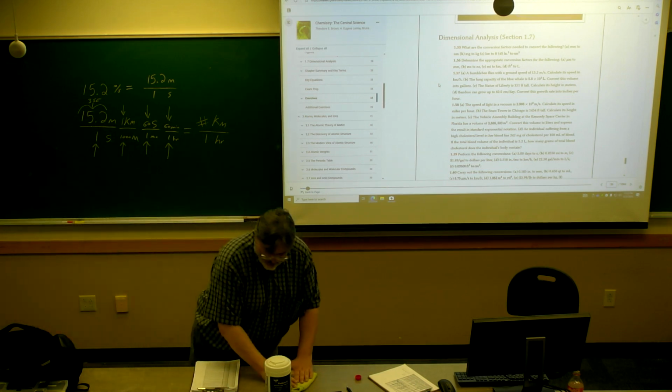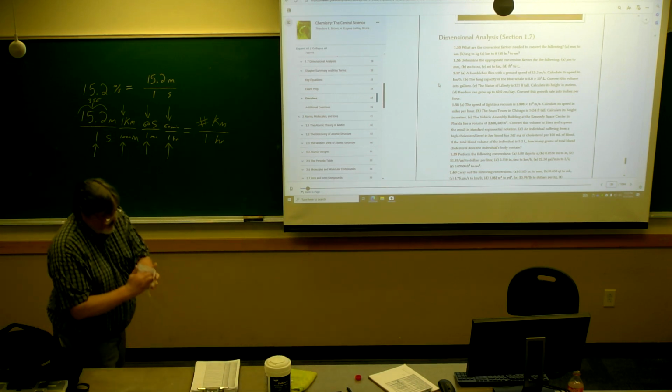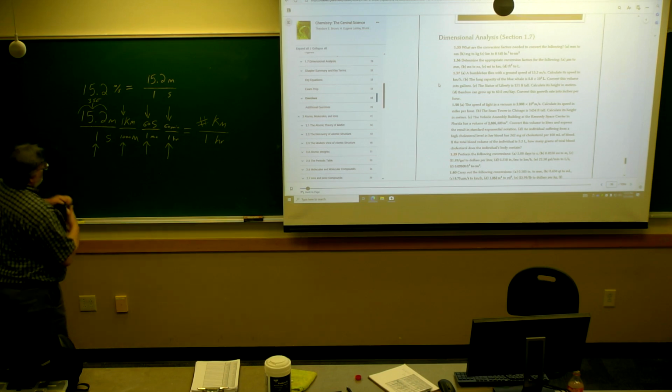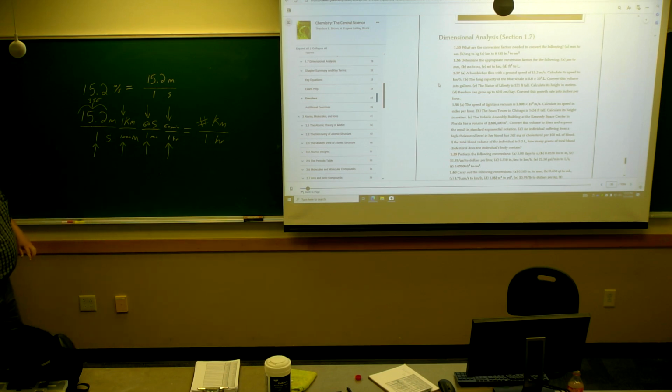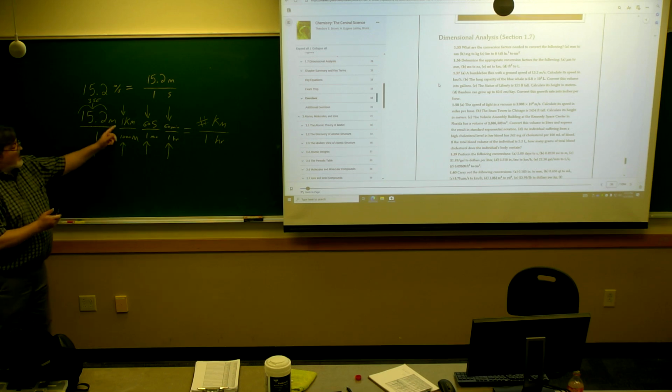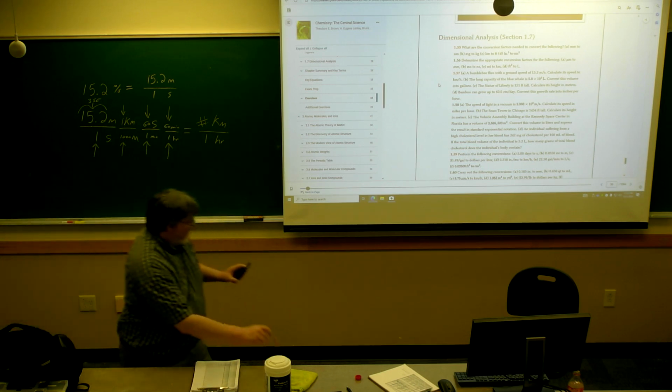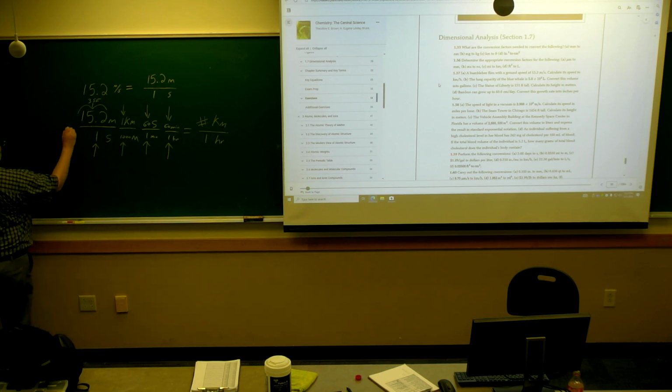Depending on how fancy of a calculator you're using, the way I do these in a calculator, we're going to calculate this. I would go 15.2 times, I'm not going to bother with the 1, 60 times 60, that's it. Now I'm going to say divided by 1,000 equals. I get as a numerical value